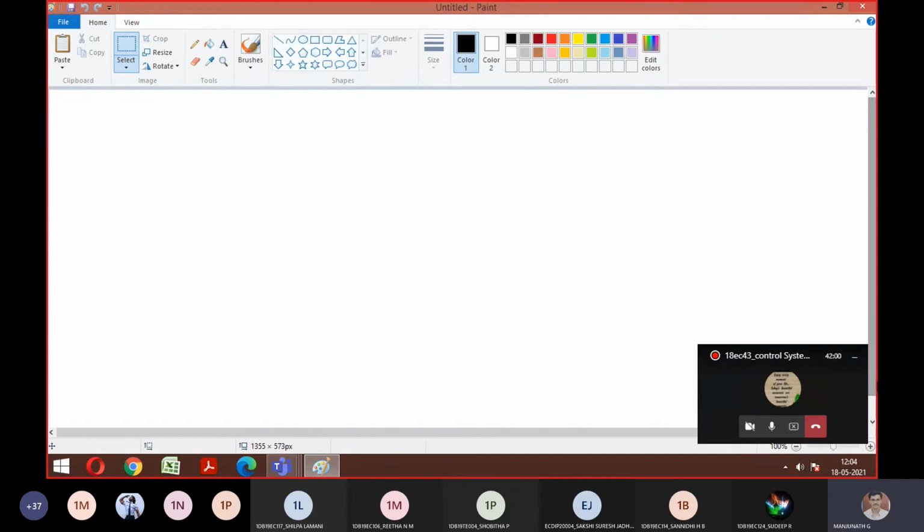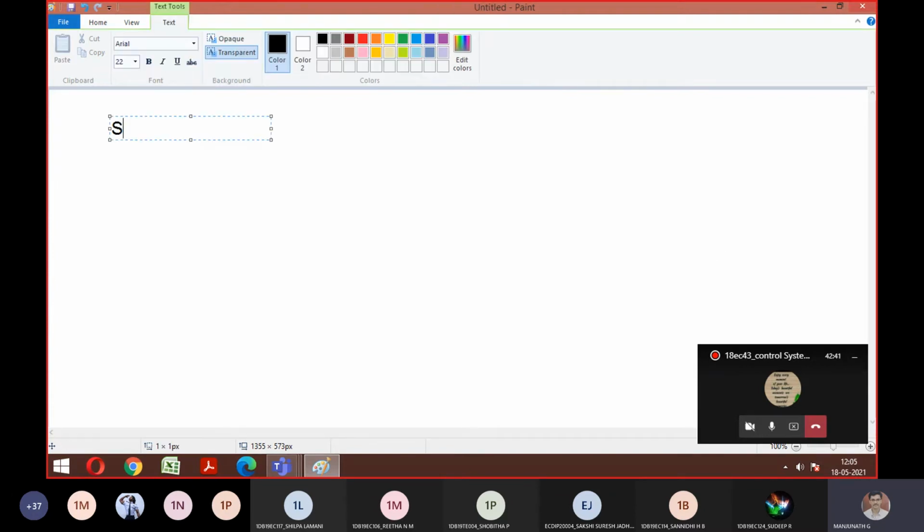A block diagram consists of blocks, then you add summing points, feedback paths, breakaway points, everything. Now, if the complexity of the system is increasing, then implementing this block diagram becomes a little bit tedious. For more complicated systems it is not applicable. So to overcome this drawback, the signal flow graph comes into the picture.